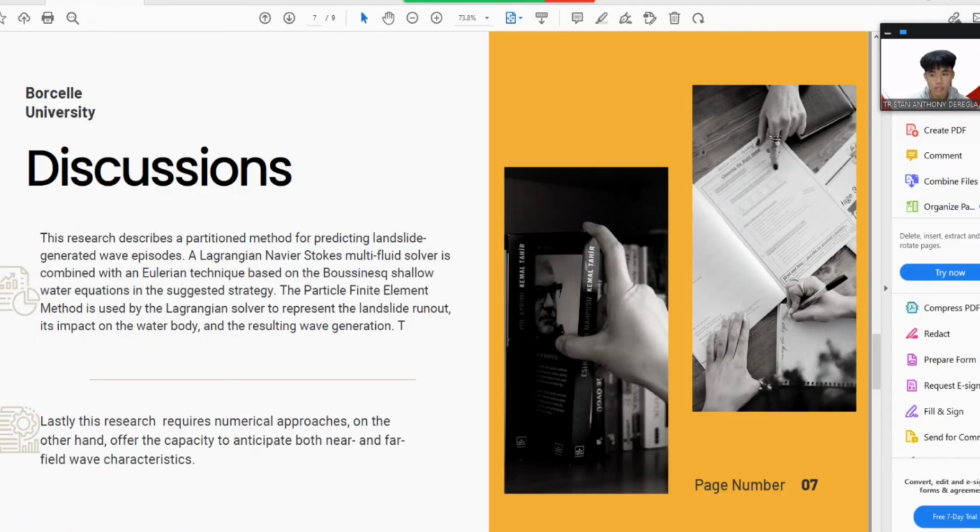Now let's discuss the discussion of this research. So this research describes a partition method for predicting landslide generated wave episodes. However, the numerical simulation of an LGW is a complex undertaking. Indeed, the computational techniques must be able to describe the landslide material's complex constitutive behavior